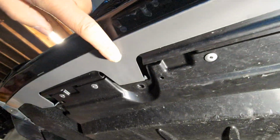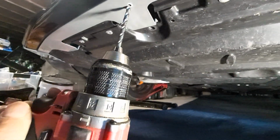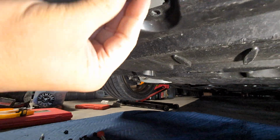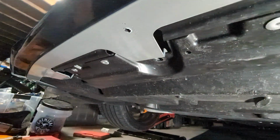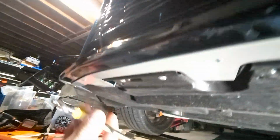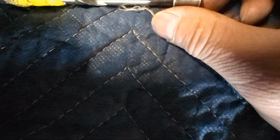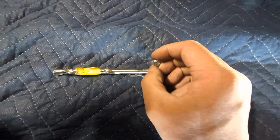Alright, so the front lip is off now. So you can see that's where my hole was gonna be. So the hole is still kind of small right now. I'm gonna slowly open it up. So currently this hole is still going to be too small, but I want to take my time getting it to the right size instead of the drill bit slipping and making the hole in the wrong spot. So you keep going, and then I'm going to use this drill bit at the end. So the reason why is this is about the size of it, a little bit smaller. I don't want the hole too big, or this is gonna wobble. So I want it really snug,